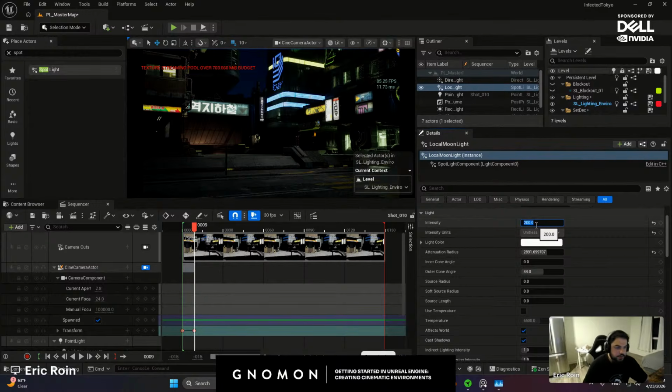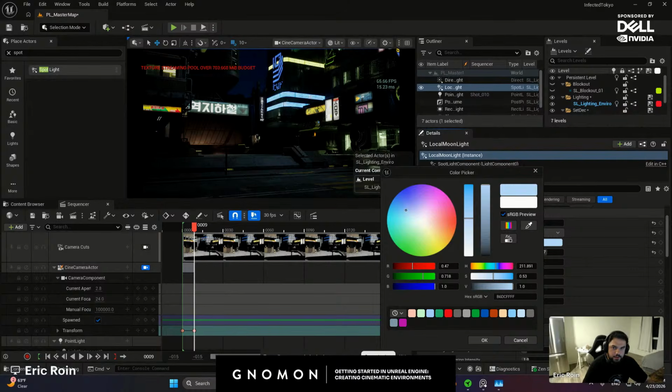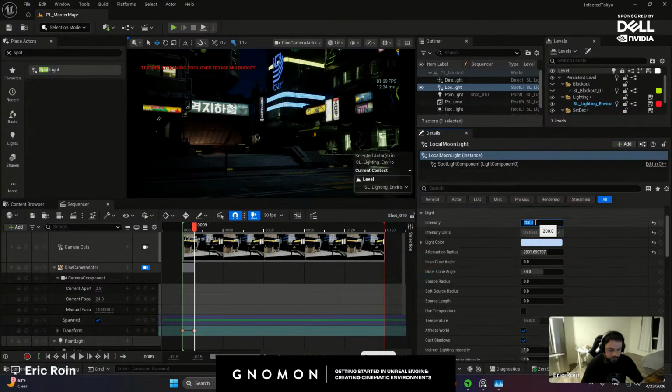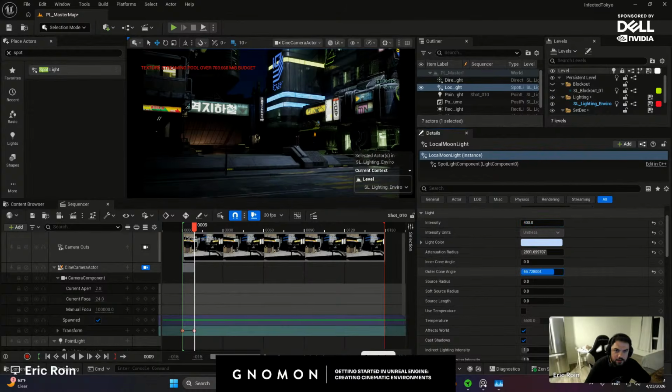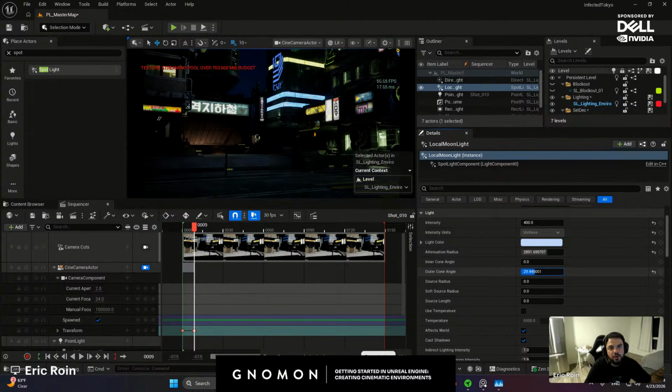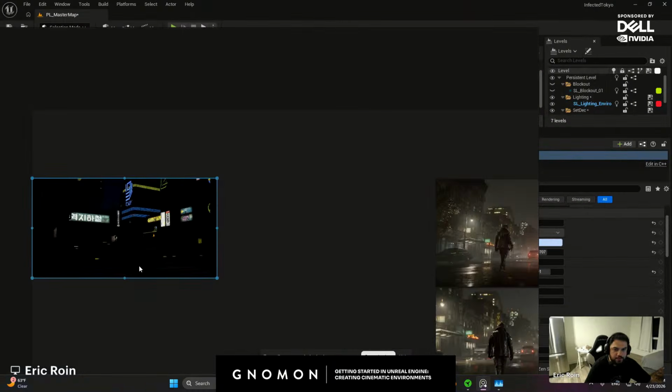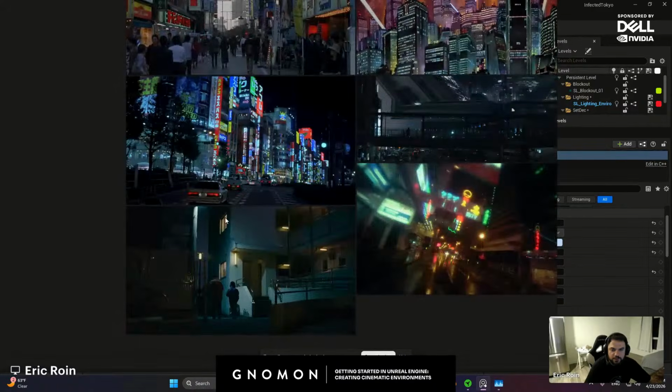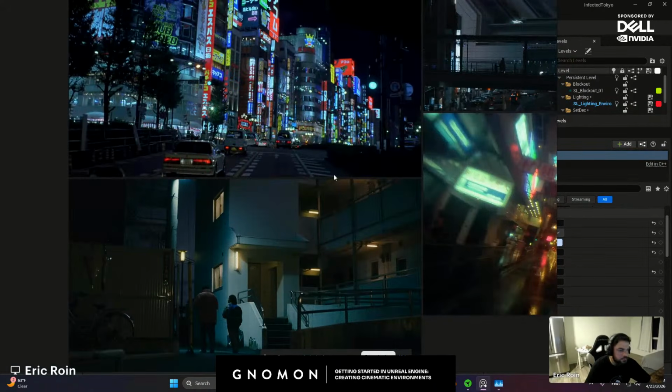But the idea behind this is I don't have to go in and blast it with so many light sources just to separate it a little bit, just to get some real lighting here. Now this feels a bit more separated. And we can also control the outer cone angle to expose. Let's say I don't want the back buildings to be affected, right? I just want a bit more of a fill. It's actually not that bad. I'm thinking in terms of planes, making one plane a bit brighter, similar to this reference. Go back.